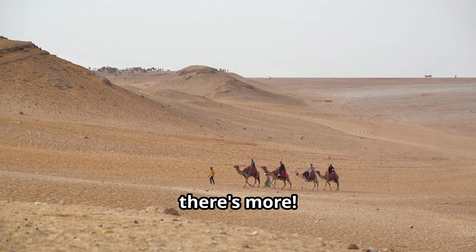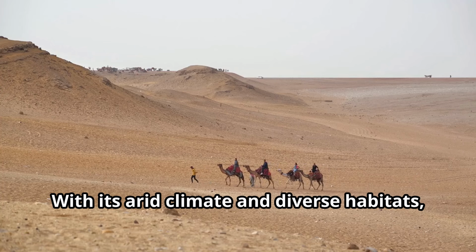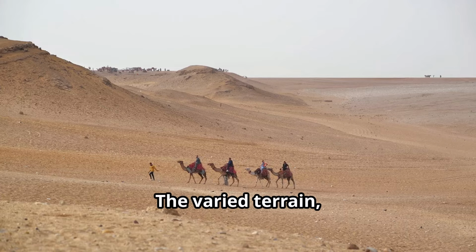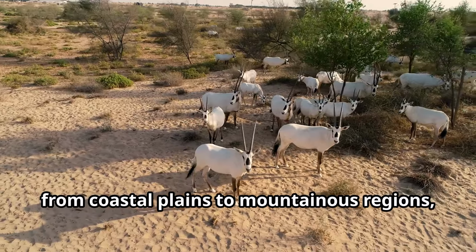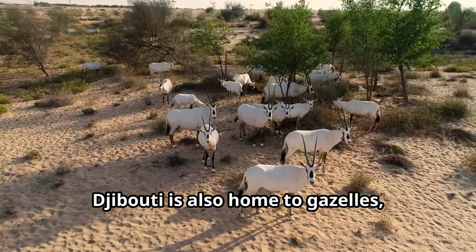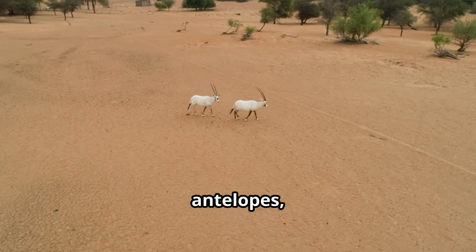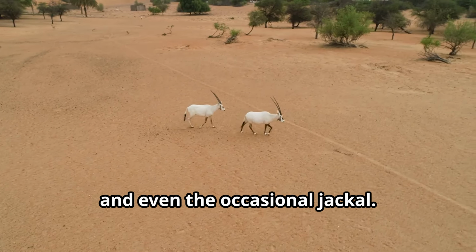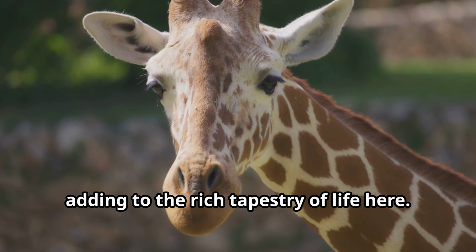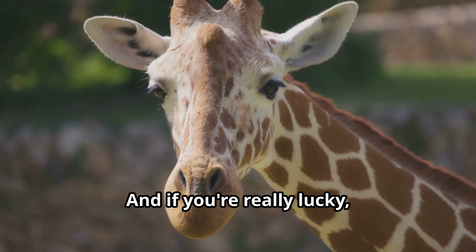But wait, there's more. With its arid climate and diverse habitats, Djibouti offers a perfect sanctuary for many species. The varied terrain, from coastal plains to mountainous regions, provides a haven for wildlife. Djibouti is also home to gazelles, antelopes, and even the occasional jackal. These graceful creatures roam the savannas and grasslands, adding to the rich tapestry of life here, and if you're really